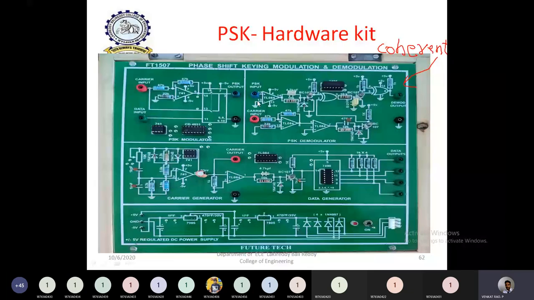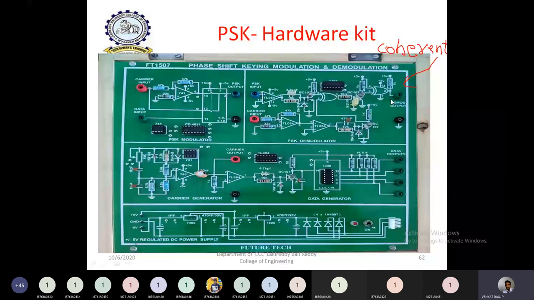So that's why, in addition to this pin, there is another pin named carrier input. That means the modulated signal is given to the input of the demodulation. Along with that, you must give the same carrier signal in the demodulation also. That means this carrier must be supplied to the modulation as well as the demodulation. Then only can you perfectly demodulate the original signal.